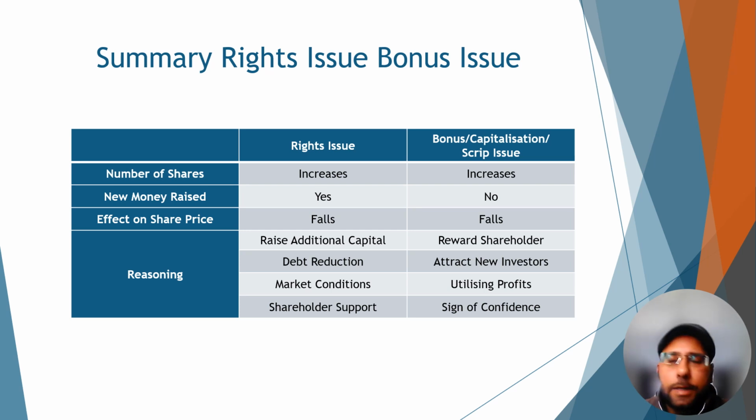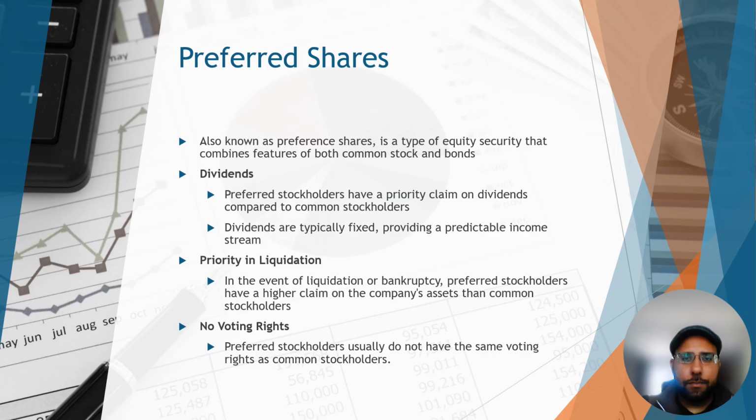That's the key part. When you do see articles and you are trying to explain to your client or your prospective client why they've gone about a rights issue or a bonus issue, you need to understand the reasons, and they'll be able to comprehend it that bit better, and then make an educated decision on whether that company is a good company to buy or not. Okay, so it's just purely a summary.